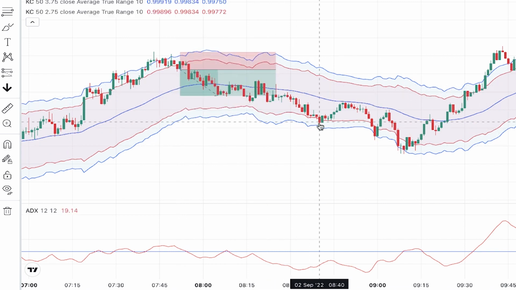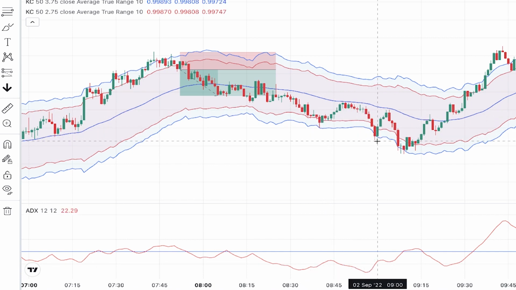Moving on the chart, here the price touches the lower band of the blue Keltner channel and then turns back and closes inside the red Keltner channel, but ADX is below 30, so it doesn't confirm any long position at this point. Again, here the same situation, but still the ADX is below 30, so we don't open a